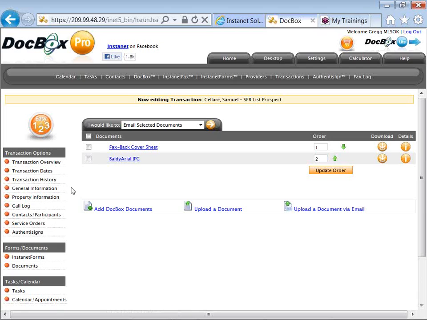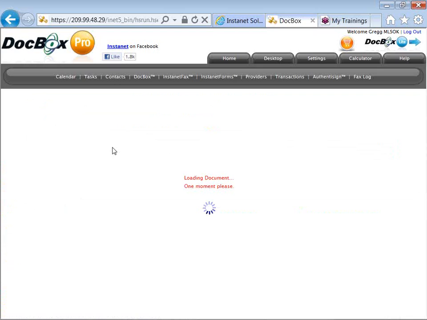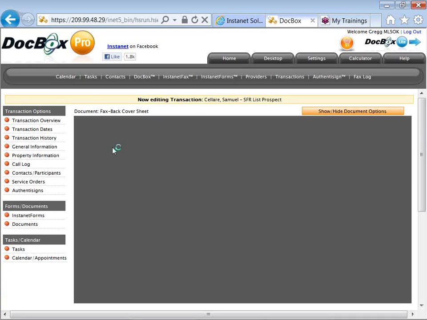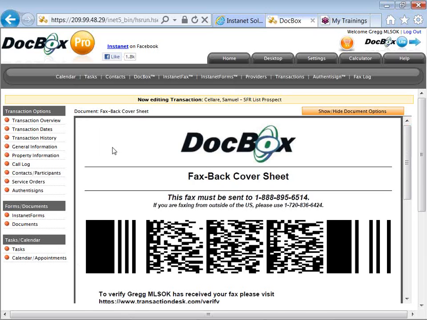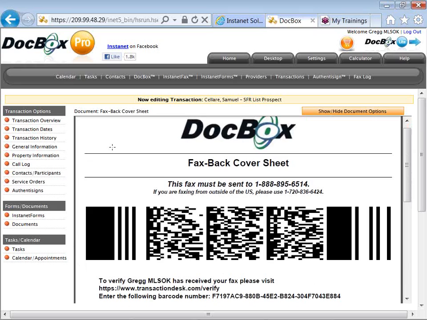So maybe we should click there to talk about that. Fax back cover sheet. Because of barcode technology, it's really repurposing your existing fax machine as a scanner. Because using these cover sheets, that is the outcome, if you will. When you use these cover sheets and your existing fax machine,